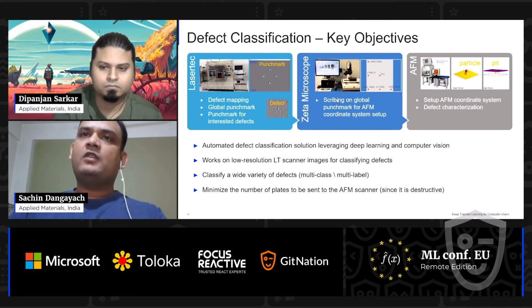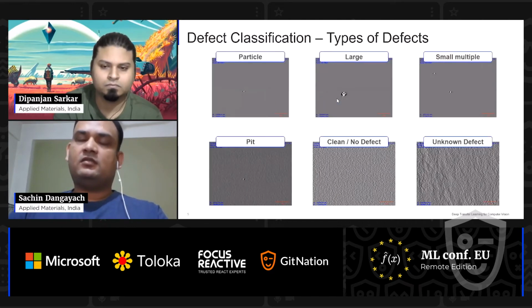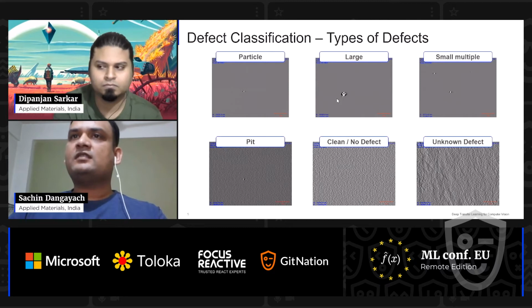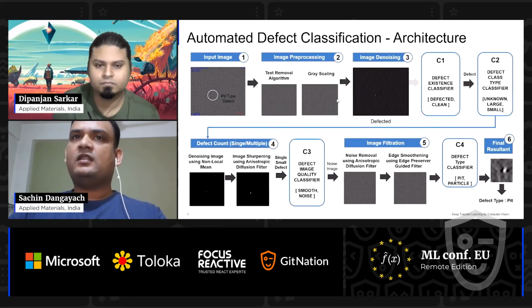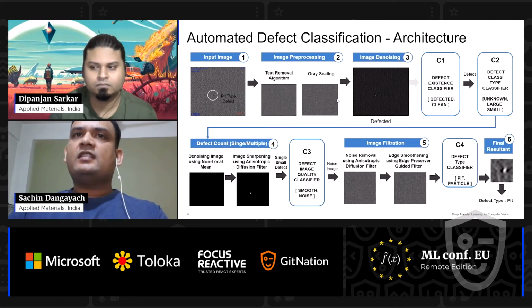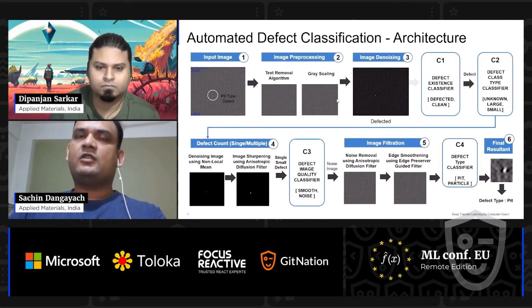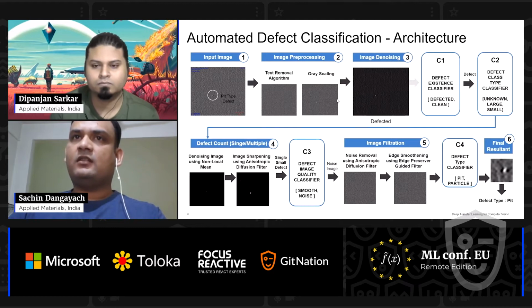So I'll give you a quick overview of how we are leveraging AI techniques in defect detection for semiconductor manufacturing. If we talk about the defects, we deal with multiple types of defects. In this particular use case, we have defects like particles, large particles, small, pit, and so on. You can see there is a lot of noise and variation, so it was not easy to have one single algorithm or one single model to do the whole